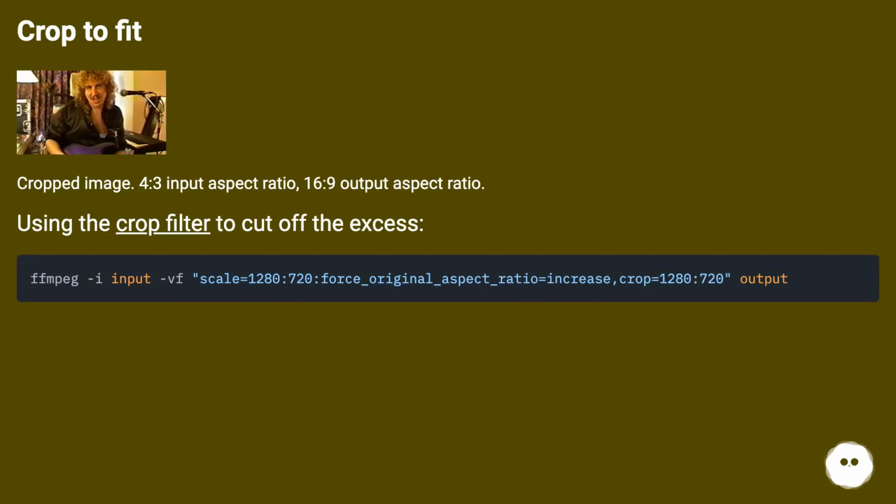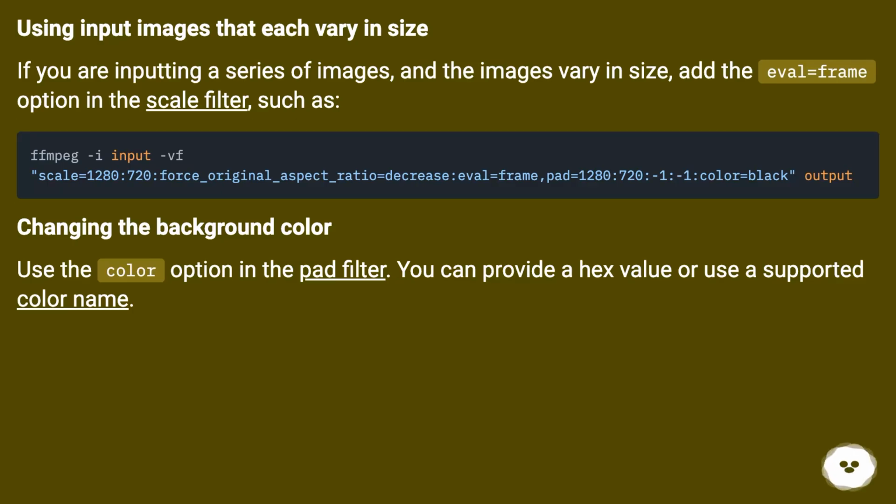Crop to fit. Cropped image, 4:3 input aspect ratio, 16:9 output aspect ratio. Using the crop filter to cut off the excess. Using input images that each vary in size: if you are inputting a series of images, and the images vary in size, add the eval=frame option in the scale filter, such as